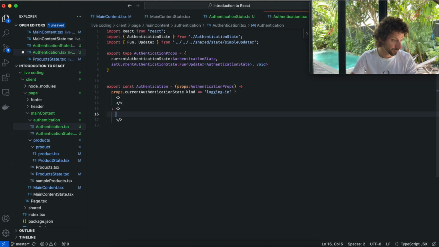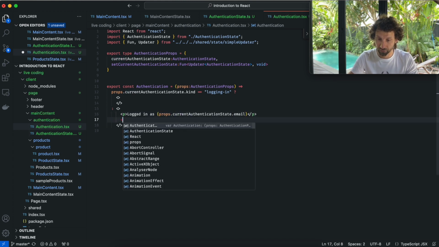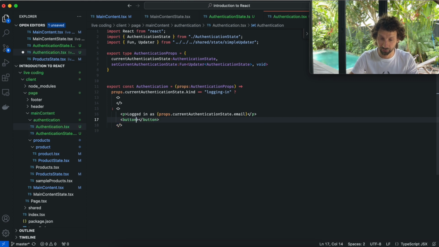For logging in, actually I'm going to start with the second because it's a lot easier. Here I'm going to say that we are logged in as, and then current props, current authentication state dot email, and the logout button,